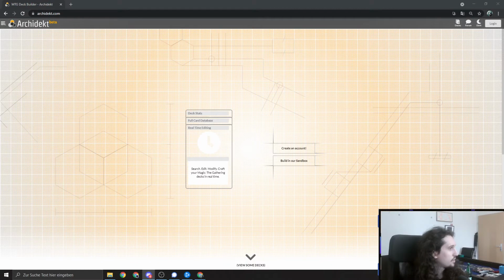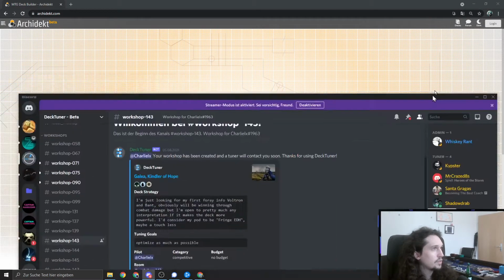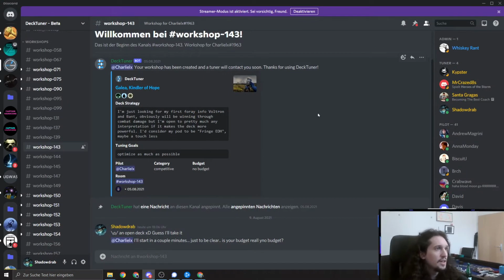Finally getting around to stream again, and today we will be tuning another Magic deck. The deck that we'll be tuning is Galea, Kindler of Hope. The owner says they're looking for their first foray into Voltron and Bond. Obviously, we'll be winning through combat damage, but they're open to pretty much any interpretation of it if it makes